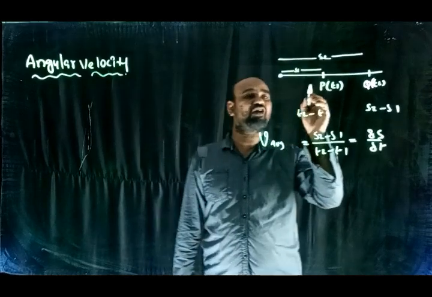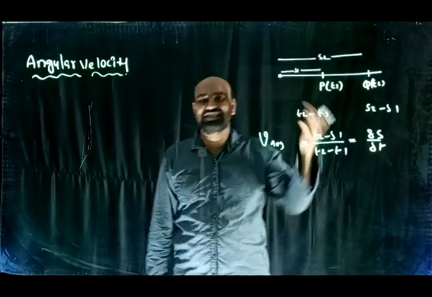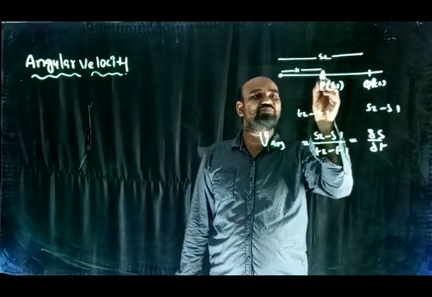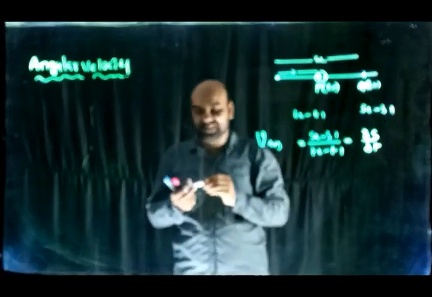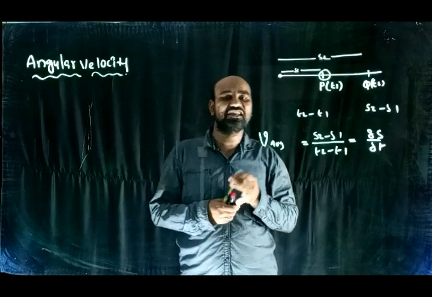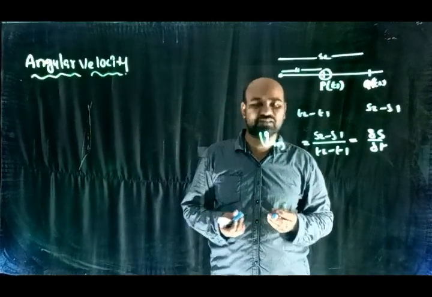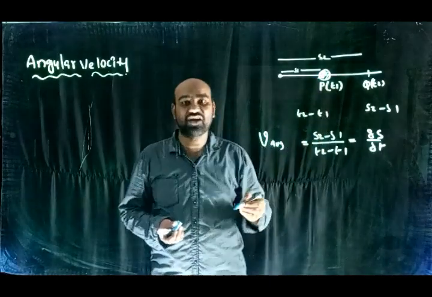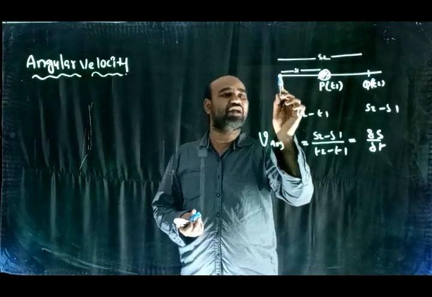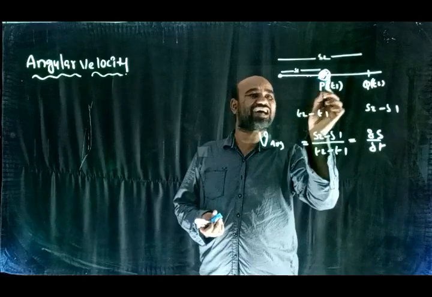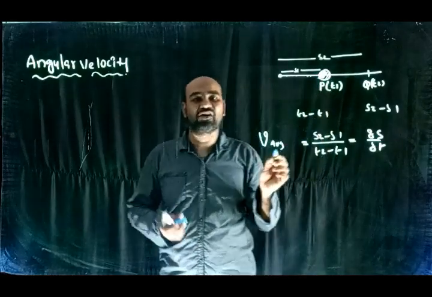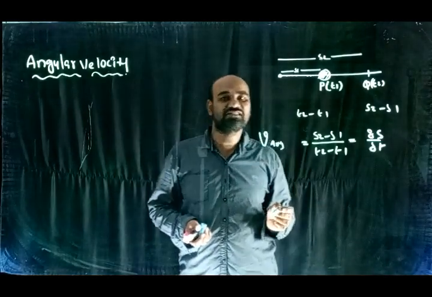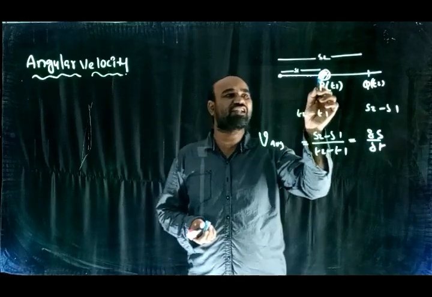Here you want to find how fast s is changing with respect to time. Especially at this particular point, I want to find at what rate s is changing. That is called finding the instantaneous rate of change of displacement at P. For example, when the particle crosses P, at that instant I want to find at what rate displacement is changing. That is called the instantaneous rate of change of displacement at the particular point P.